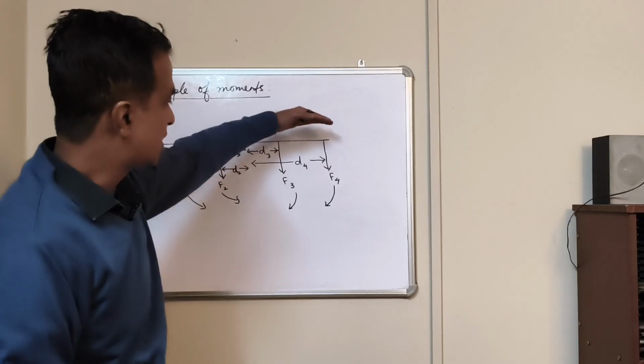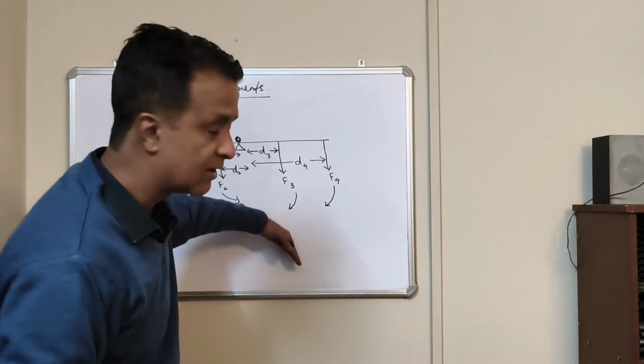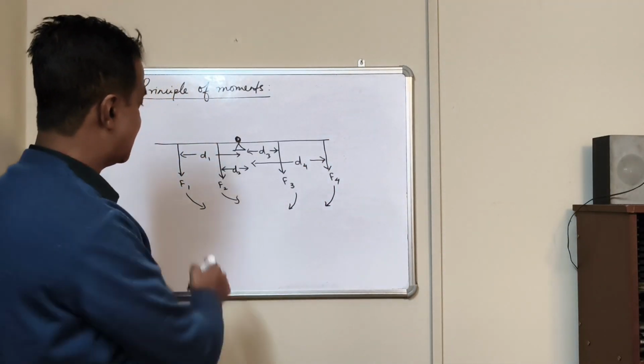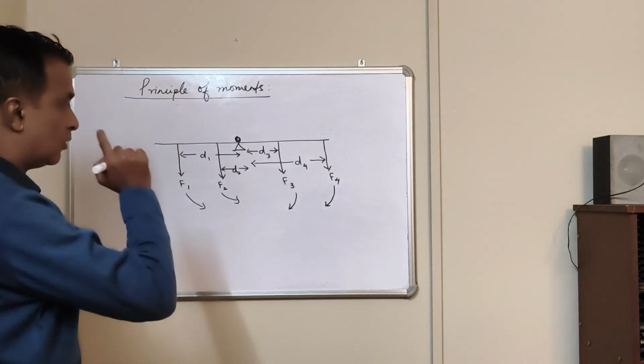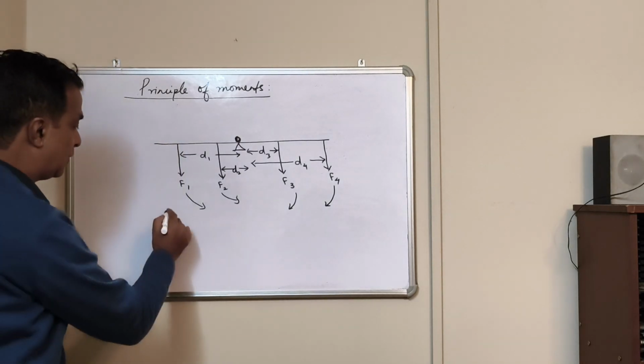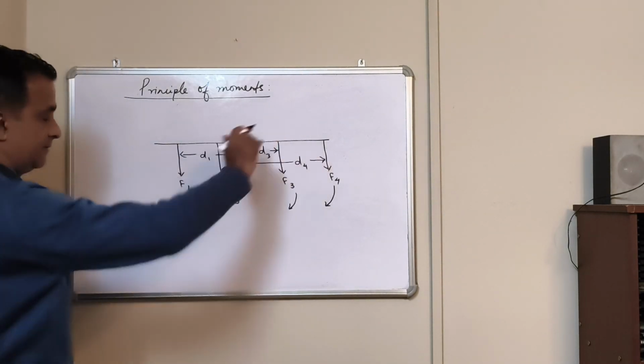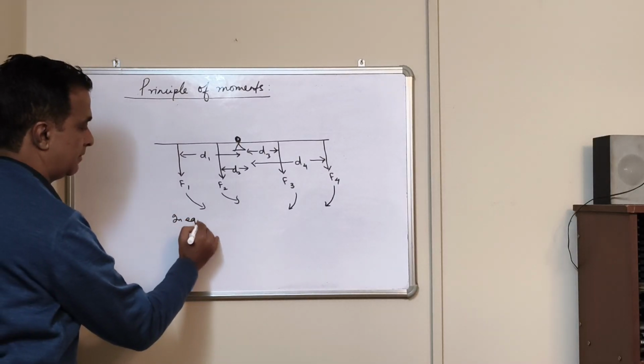Because of the forces F3 and F4, this is how the ruler is trying to fall. Here it's anti-clockwise, this side is clockwise. Now, according to the principle of moments, in equilibrium, meaning if this is a balanced state,